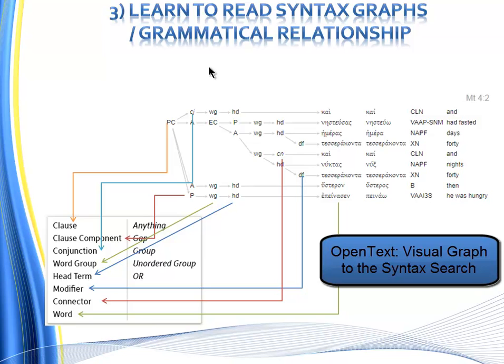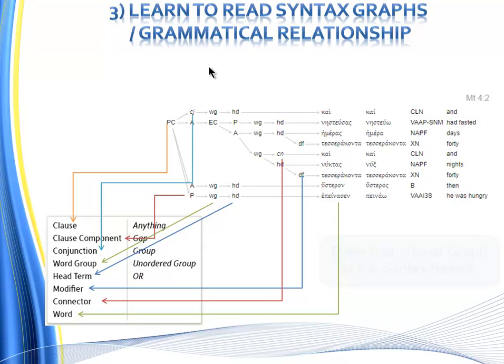WG is word group, head term is HD. Modifier, you can see that one of the modifiers is DF. And again, there can be other labels in these categories, in these columns of information. And then you have word. So see how the words, you've got different words. We've got Kai and different Greek words there. But this is the